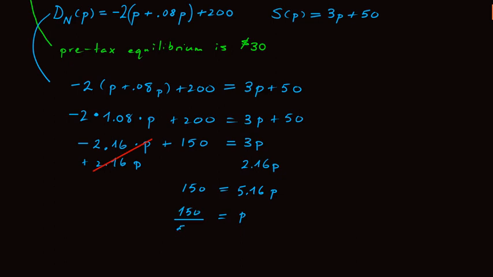divided by 5.16. Okay, and I can use a calculator to give an estimate of that. That's approximately 29.069, which I'll round up to 29.07. So that's an approximation. So that's the new equilibrium price. So I've gone from $30, and now the equilibrium price has gone down